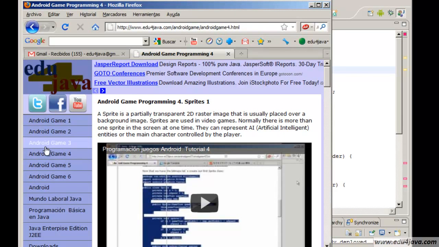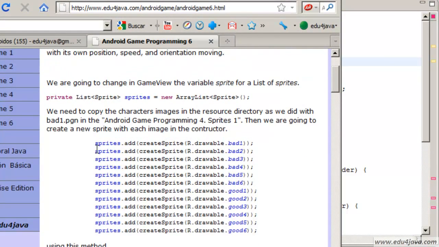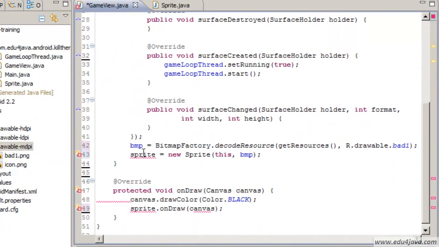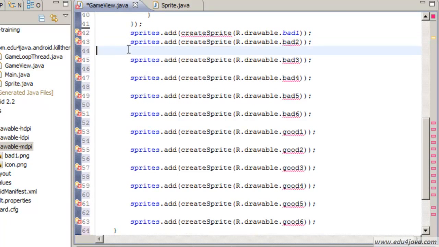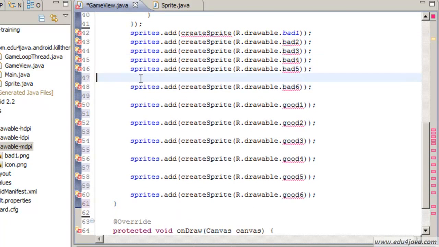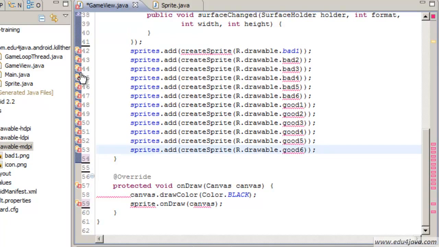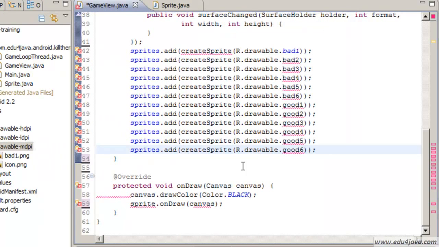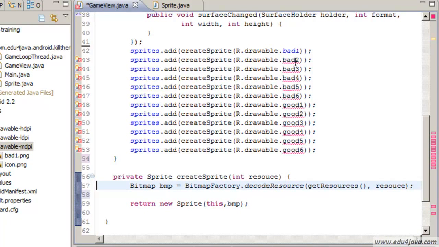okay, now we go back to page 6 of our tutorial, and now yes, here we're going to copy multiple sprites. We're going to copy the sprites in the constructor. Instead of doing only one, here we're going to include each of the sprites. To not write so much, I created a function called createSprite. And this method, which I have also here, what it does basically is I pass in by parameter